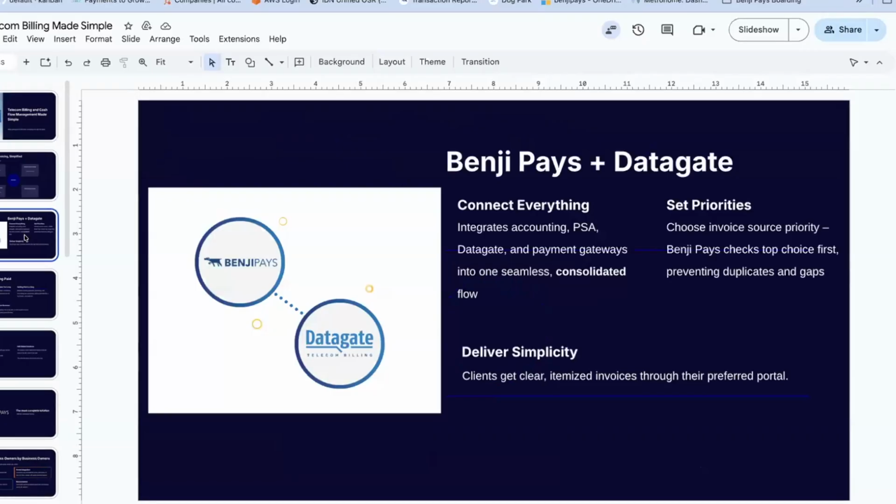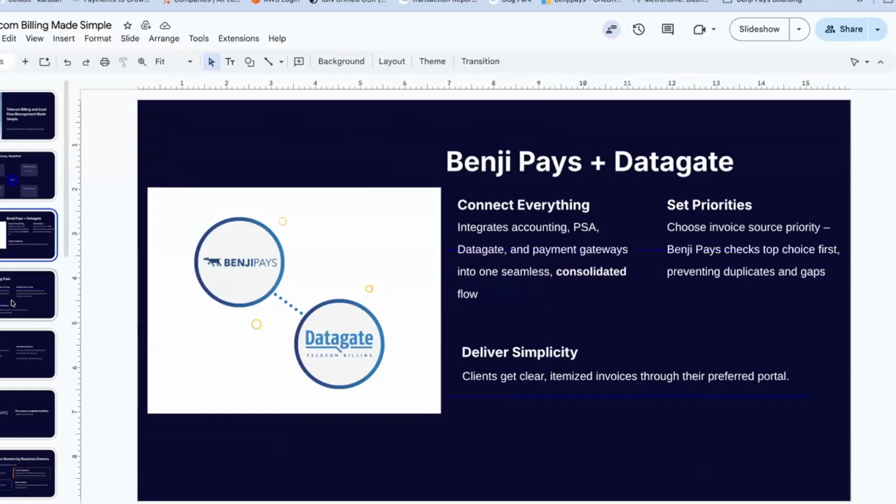So as they said, we're going to really help you unify that. The whole idea is that you get, as Avery said, a single pane of glass for your customer, but also one tool that takes everything and makes sure your money's coming in as quickly as possible. Super important. And that is super configurable. It's been really great working with Datagate. Their tech is super easy for us to work with, and it just works. So we have had very few problems, which is always nice when you're writing integrations.